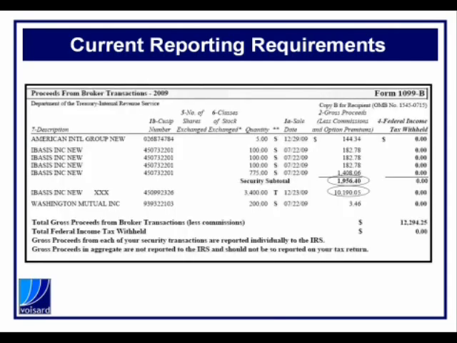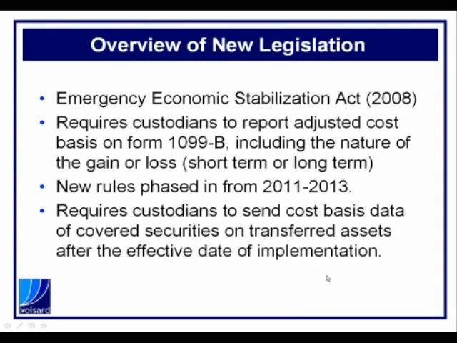And what it kind of looks like, if I'm going to highlight a couple things here, the gross proceeds, which are outlined, and this is an actual 1099-B, which is how it's reported. What you'll see is the gross proceeds, and that's the only thing that Schwab really reports to the IRS. So the IRS really doesn't have anything in regards to what you paid for the security. And that's ultimately where the difference in the legislation stands right now,